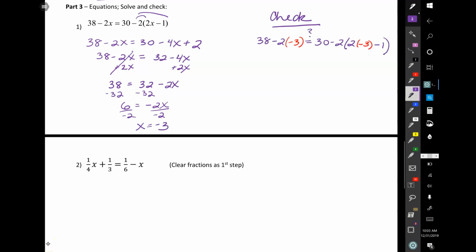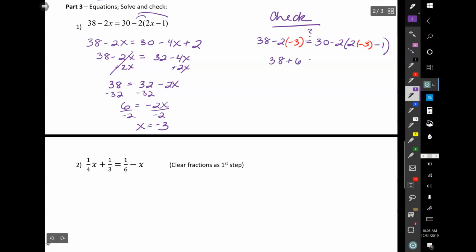Now, to verify our solution, we want to plug our result back into the original equation. We plug it in for x. So I've already written that out here. So I have 38 minus 2 times negative 3. And I put a question mark over the equal sign, saying, does that equal 30 minus 2 times quantity 2 times negative 3 minus 1? So then I just go ahead and calculate out each side, where I'll have 38